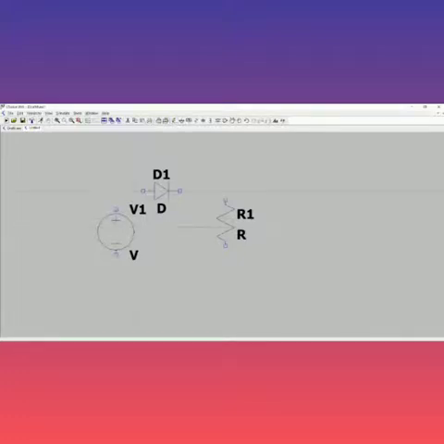When you start, you have to click, and for every nook and corner where you connect it, you have to give a click. Then only it will be connected. Next, click here and connect it to the resistor. Similarly, from the resistor, connect it to the voltage source.